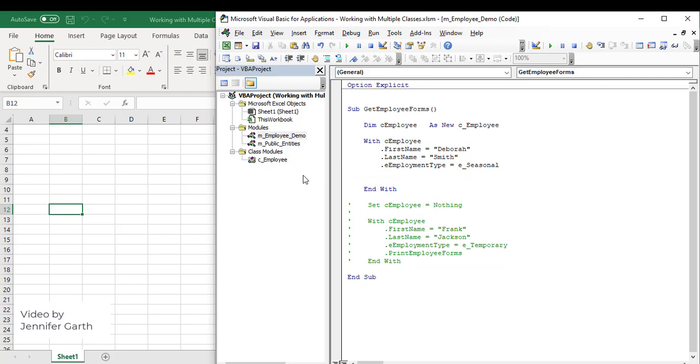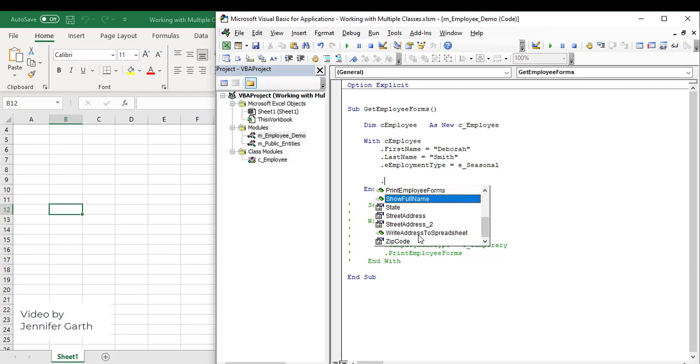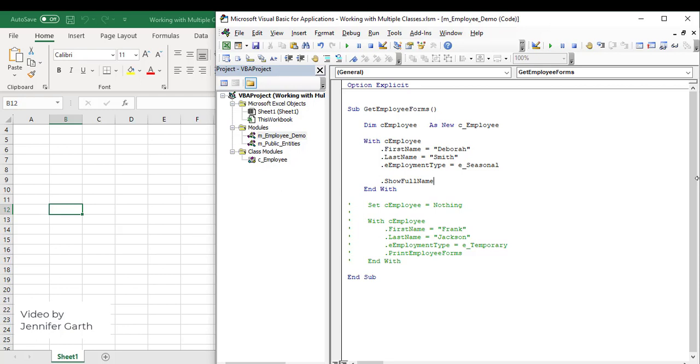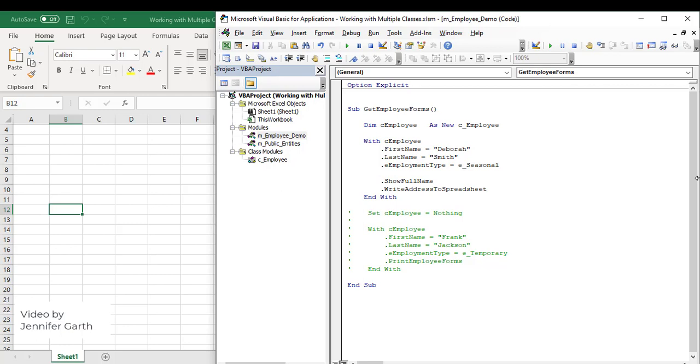So we had 2 new methods. If I do my dot, you see that we have all of this new information that we added. We have the employee number, the branch, the department, all that stuff is here now for us to choose. And we had 2 new methods, which are the show full name and the write address to the spreadsheet. So let's test those out now. If I do show full name, and we'll just put them both in here, and then we'll run this,